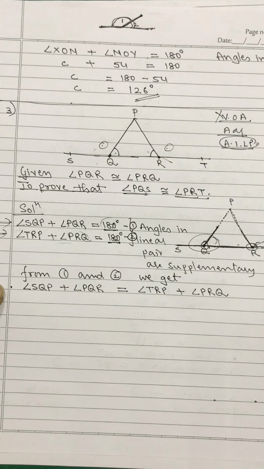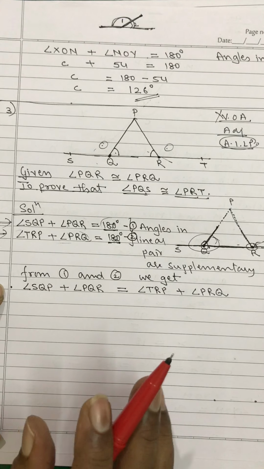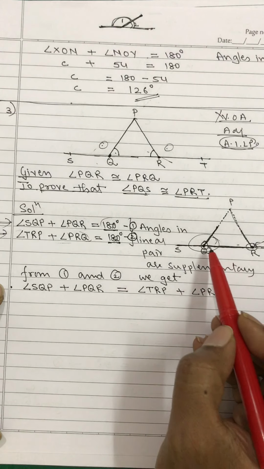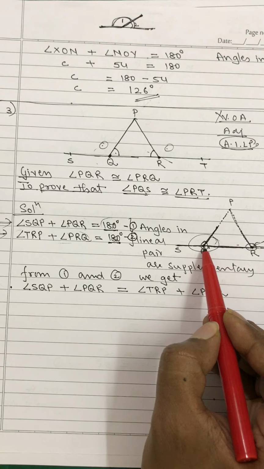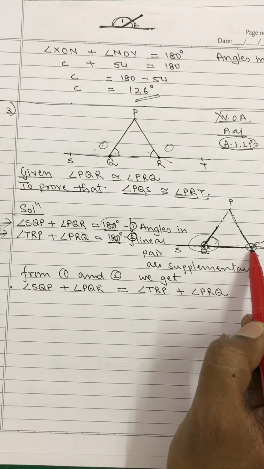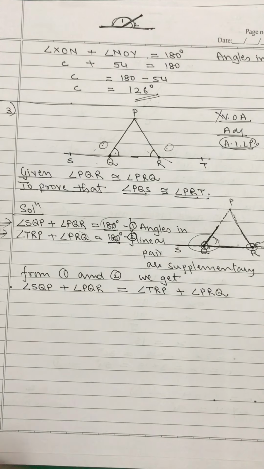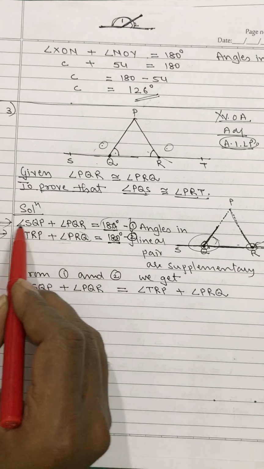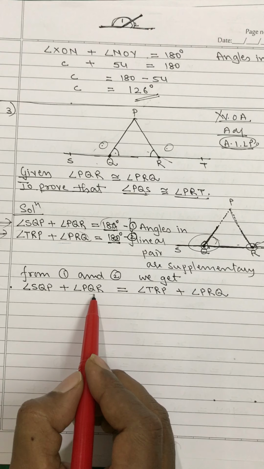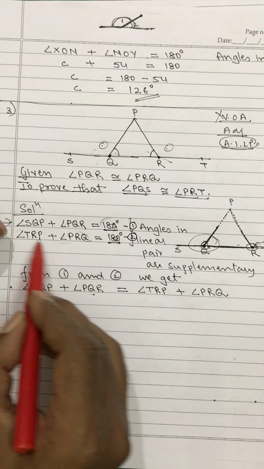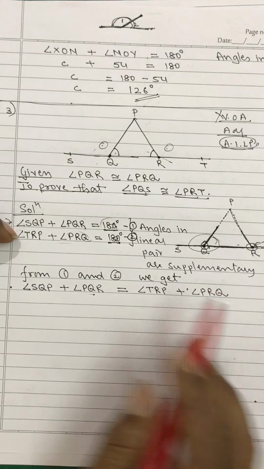Understand this slowly, steadily, whatever I am telling. Eat only one morsel at a time, only one question at a time, only one question in a day, but understand that question in and out. So are you understanding what I am telling? I repeat, here I applied angles in linear pair, I got this first equation. Here I applied angles in linear pair, I got this second equation. From these two equations, I compared them. Right hand sides of both are equal, so both the left hand sides also will be equal. I just copied the whole left hand side from one equation and the whole left hand side from the other, and they are going to be equal.